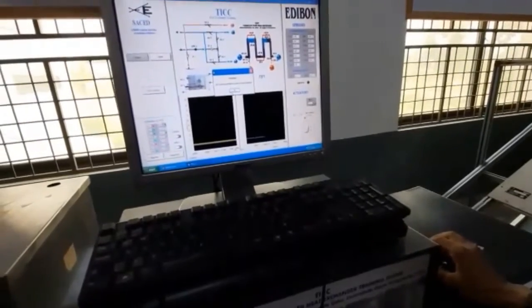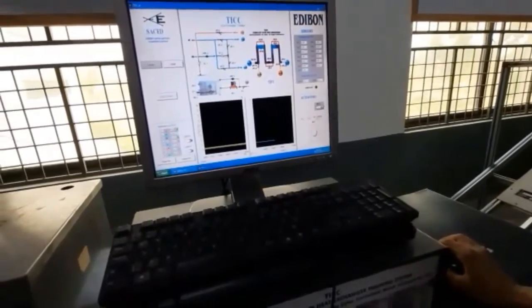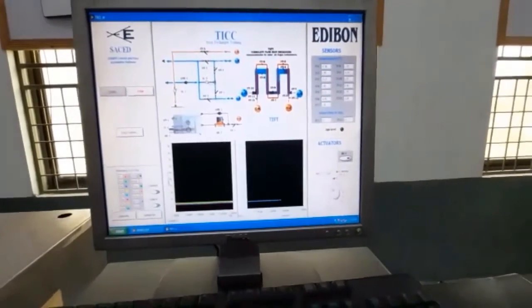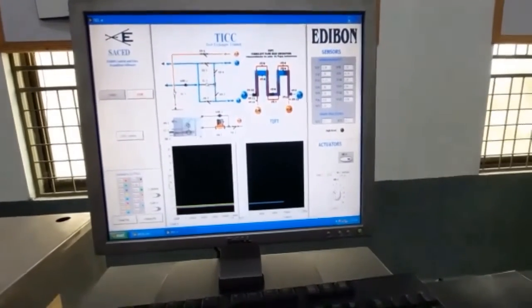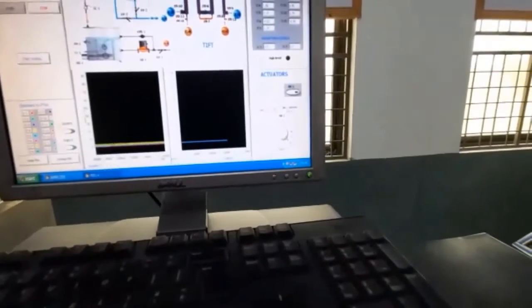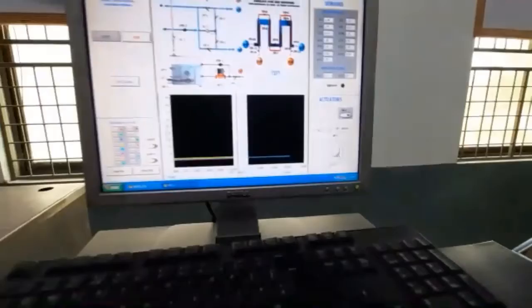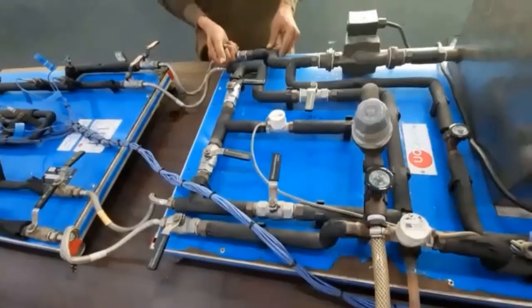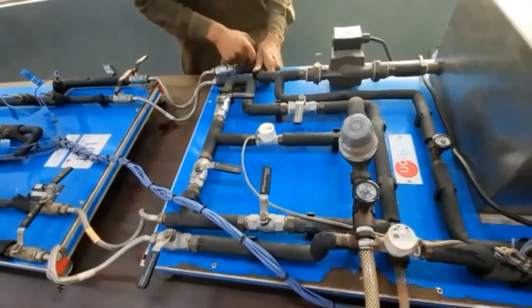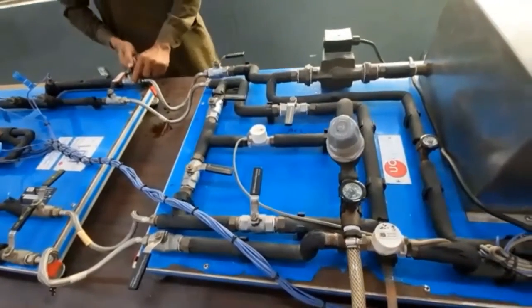So now he has just started to heat the water from the hot tank. In the tank there is water. We have provided it heat, and we can increase the value of heat provided to this. Okay. So now he is just adjusting the valves to make the flow parallel.